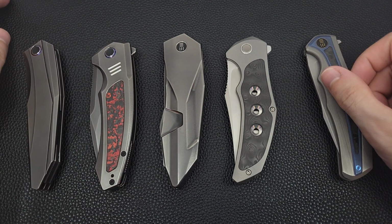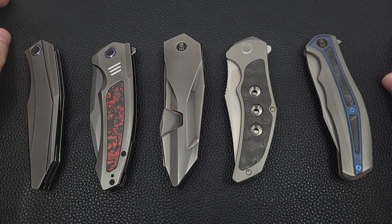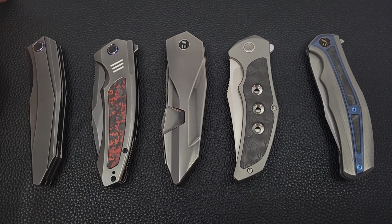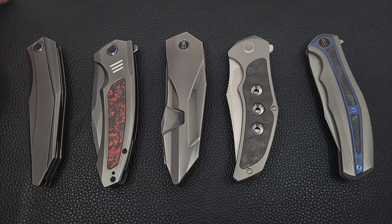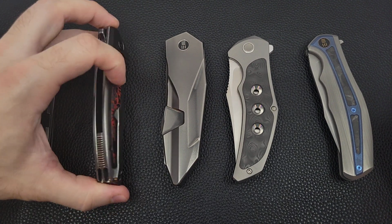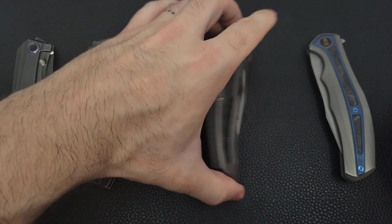I highly recommend looking into WE if you've never tried one before. Again, you won't be disappointed in terms of the quality. So if you see one that looks cool to you in terms of design, I really recommend picking it up, because you'll be happy you did. They're just great additions to the collection. Maybe in the future I'll do more detailed reviews on some of these other models, but for now,